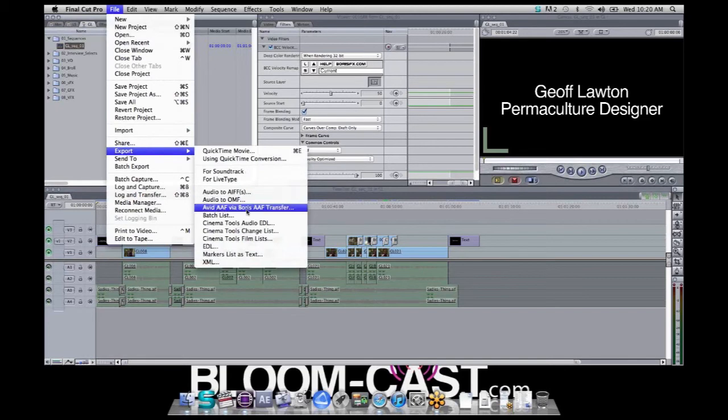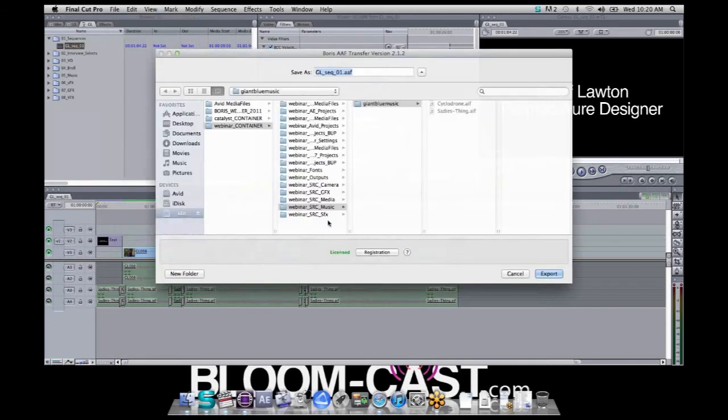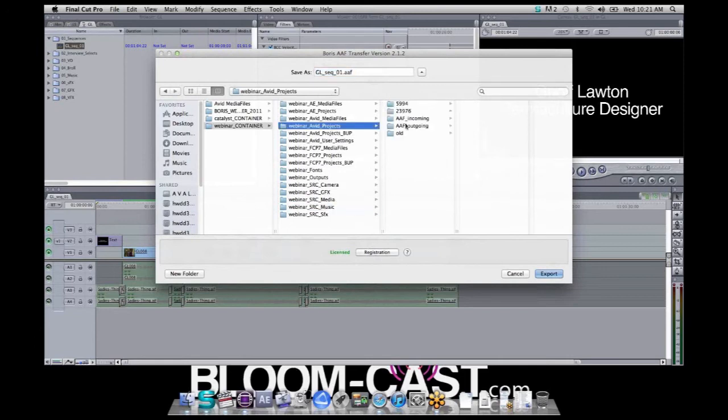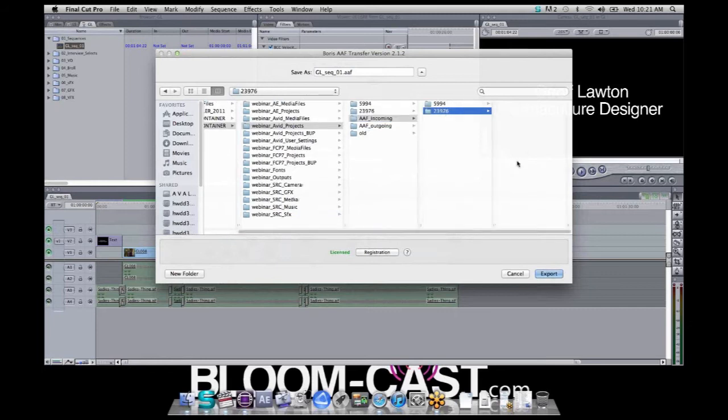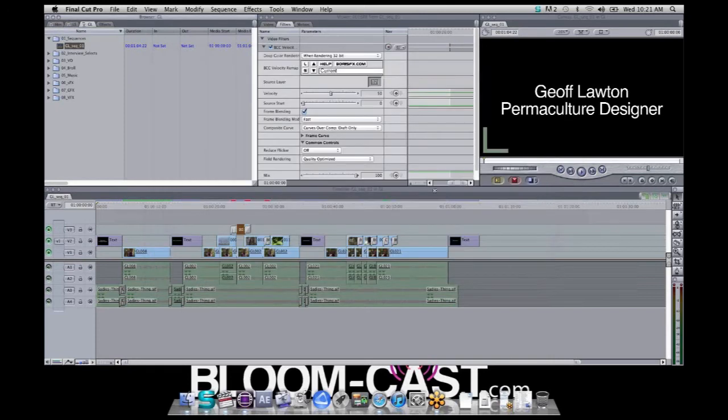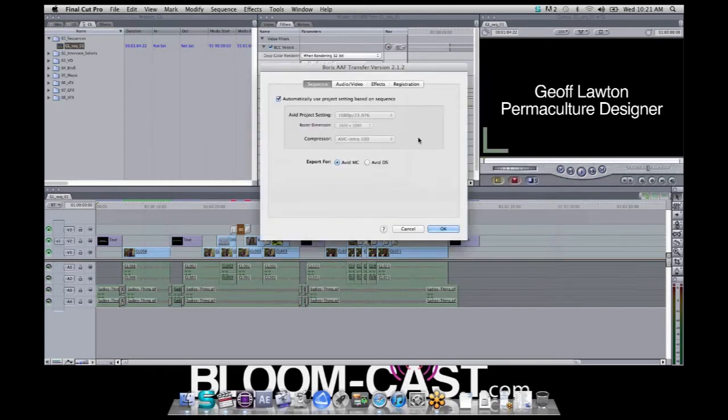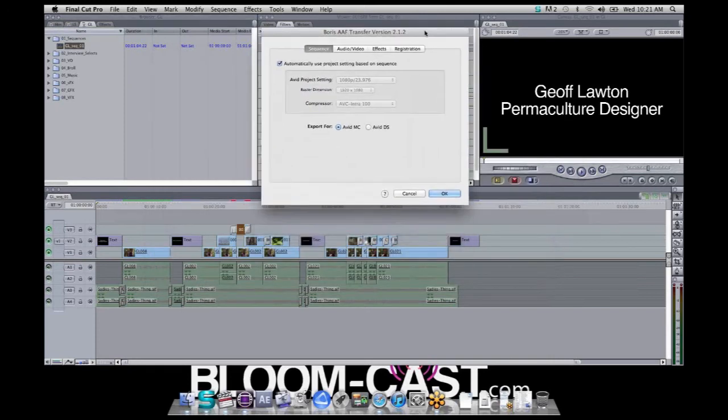And I want to export an Avid AAF via Boris Transfer FCP. And what I'm going to do is choose a location that makes sense. So what I like to do is go into my Avid Projects folder, into AAF Incoming, and I like to separate my material out by frame rate as well. Once I've chosen that location, I can choose Export, and now I'm going to get the Boris Transfer FCP dialog